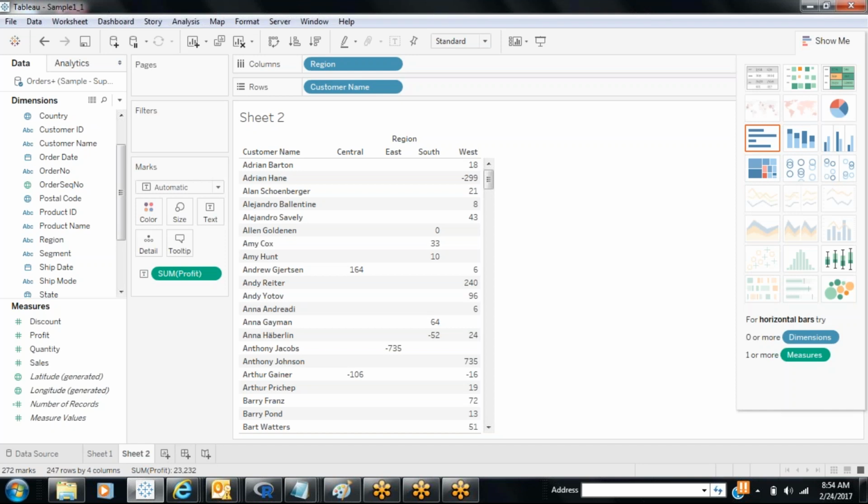Click this. So in total, there are 24 types of charts available, right? 3 in a row, a total of 8 rows are there. 24 charts are available. So what is the name of the chart? For that chart, how many minimum dimensions and minimum measures are required will be displayed to you on hovering over